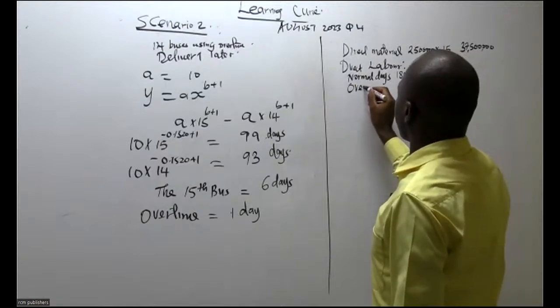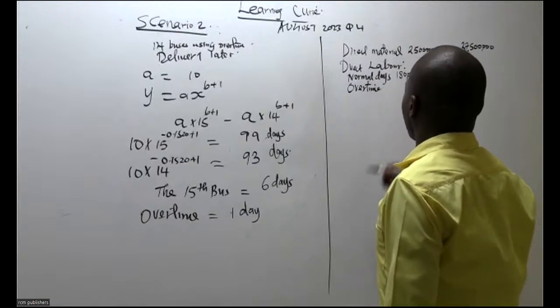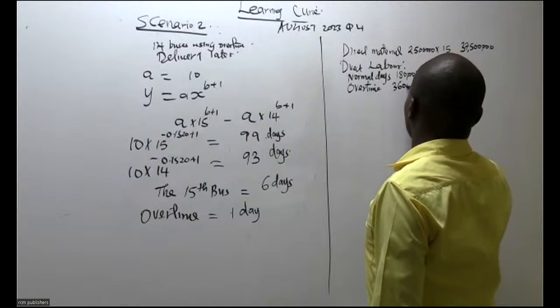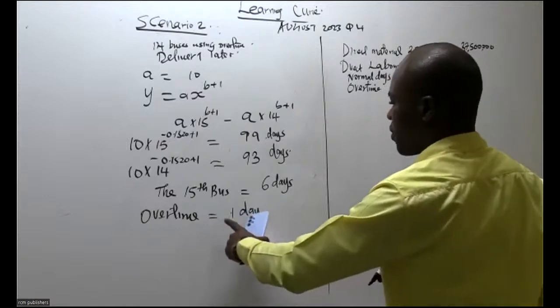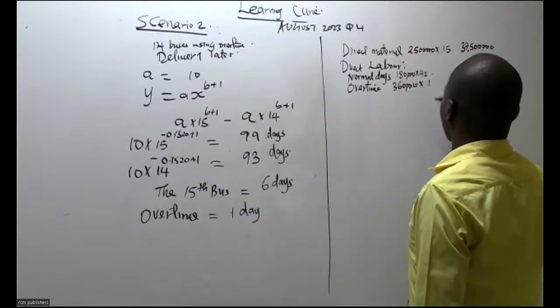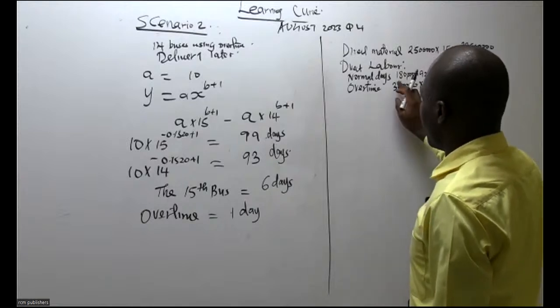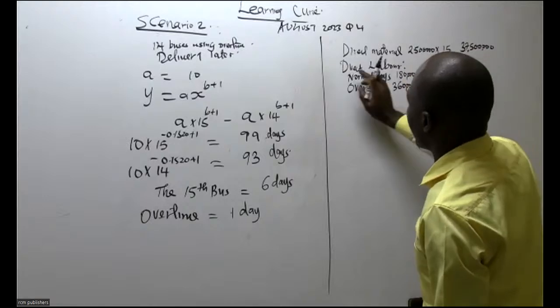Then we have overtime, which is equivalent to 360 times the overtime number of days, which is 1. Having done that, remember this cost that we are incurring here, the direct labor,